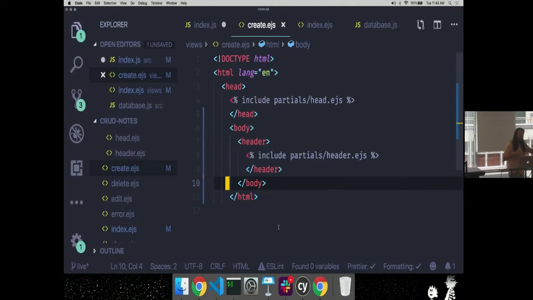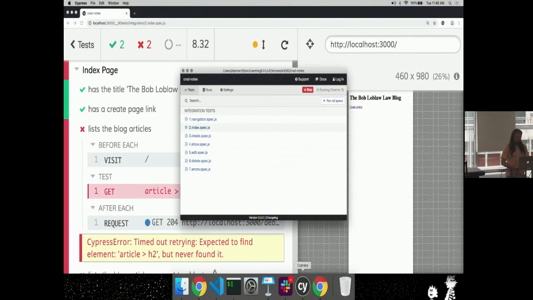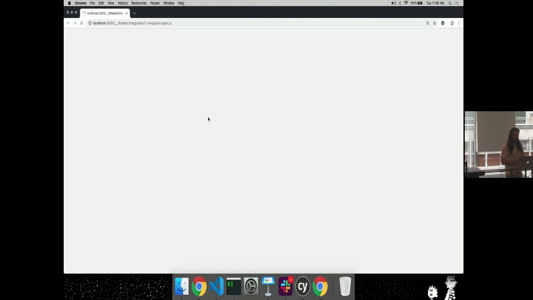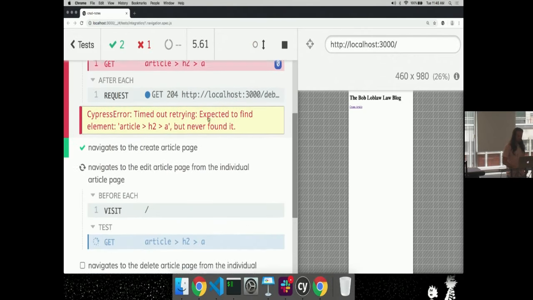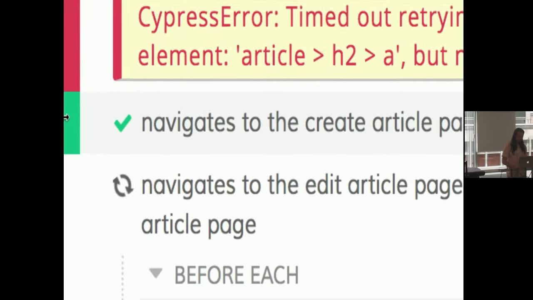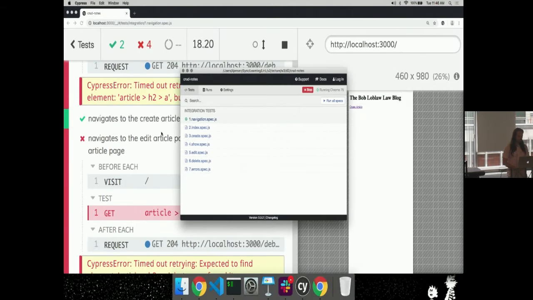So we're going to have to take a quick break. Okay, actually, let's check one more thing, and then we'll do this. I'm going to switch back over to the navigation spec. Hold on, it's going to fail that one. Oh, but I did get a new pass here. It can navigate to the create article page because I've now created the link and the route that handles it. This test in the navigation test has now passed as a result of that.